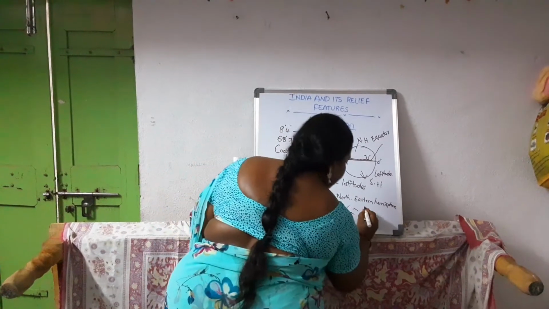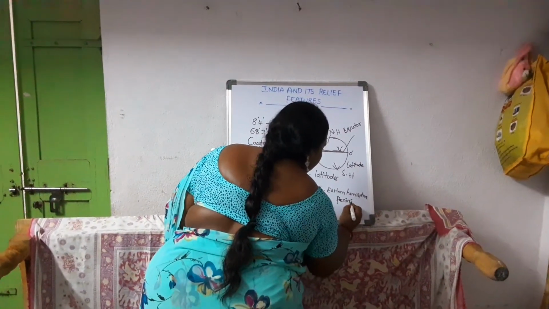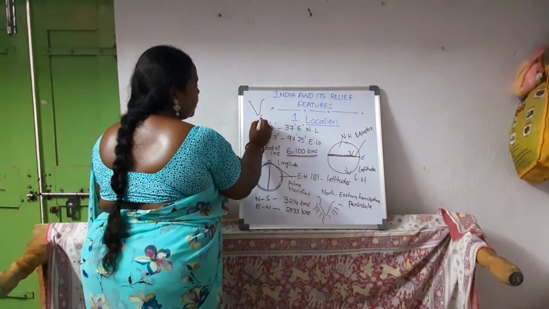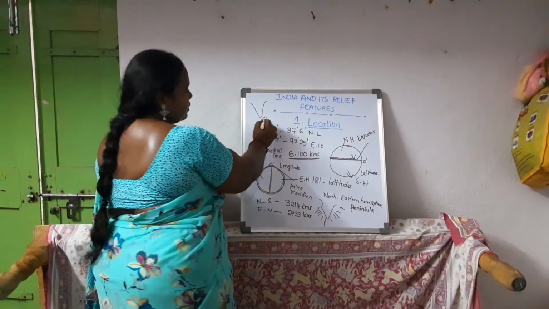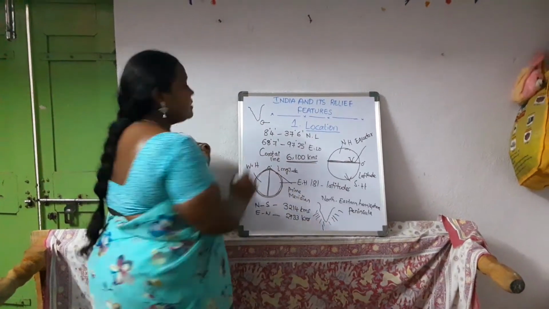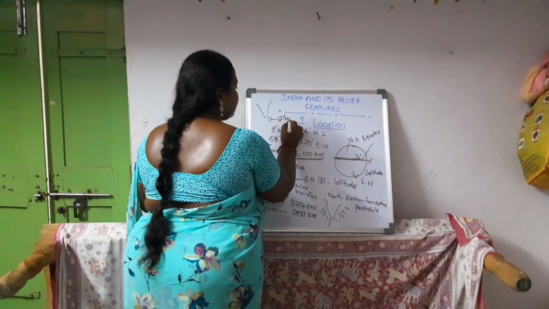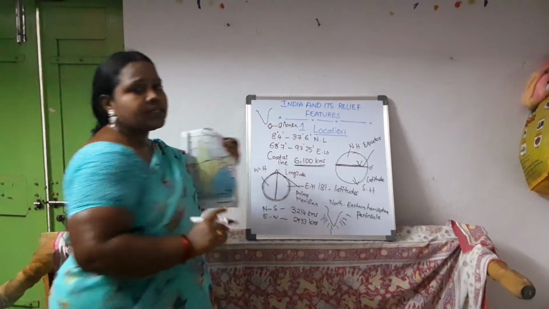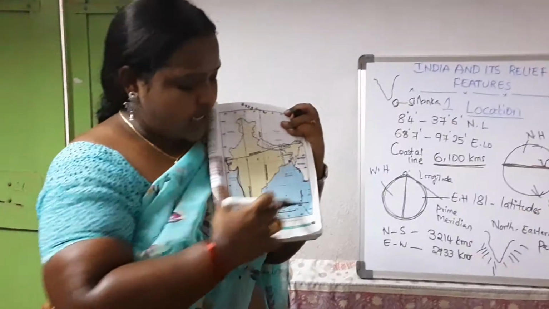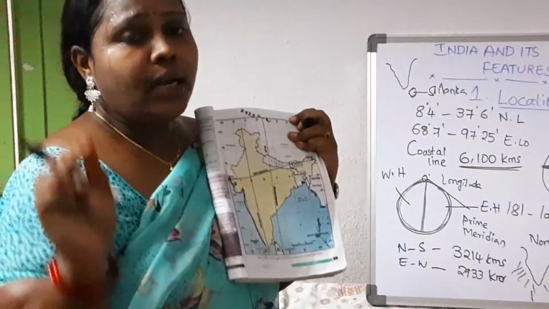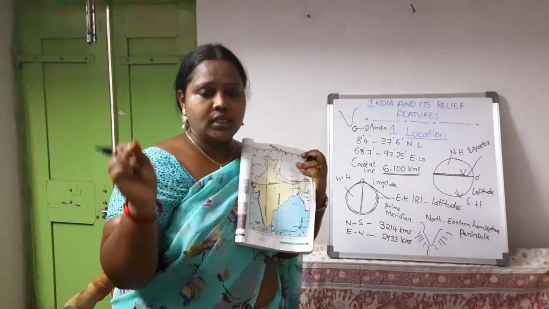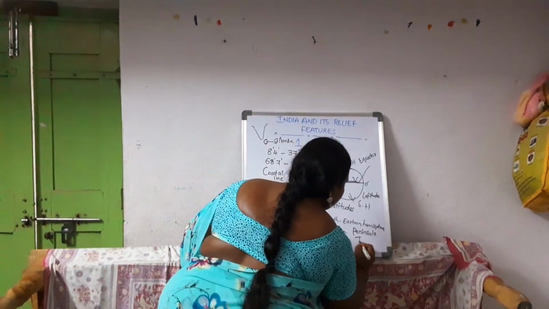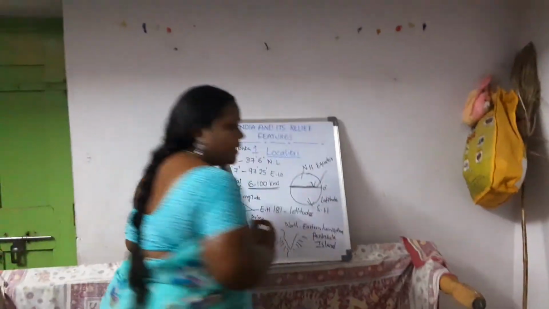Yes, children, what is it known as? It is known as peninsula. And when you see the India map here, you also have a teardrop country. What is it known as? It is known as Sri Lanka. If you see the country Sri Lanka here, it is surrounded by water on all sides. The Sri Lanka portion is covered by water on all sides. A land mass which is surrounded by water on all sides is called an island. What is it called, children? It is called an island.